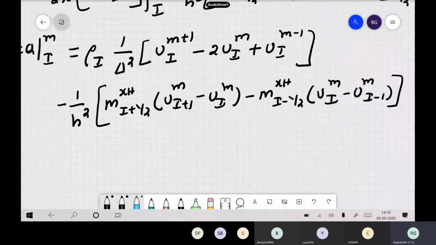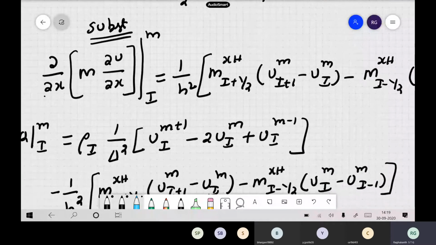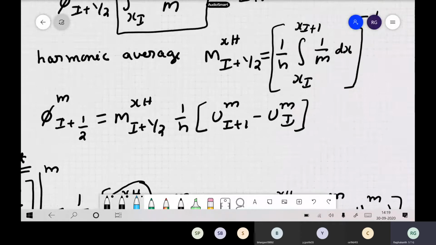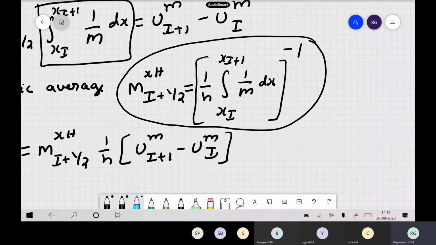Now the main advantage here, why we have to do this: the derivatives with respect to m, these types of derivatives, we are replacing with these harmonic averages. They are defined just as integrals. If you have these material properties, you take a small region, assume it to be constant, divide into different grid points. Whatever m value you have, you take the reciprocal, take its integral, and the inverse reciprocal of that gives you the harmonic averages.